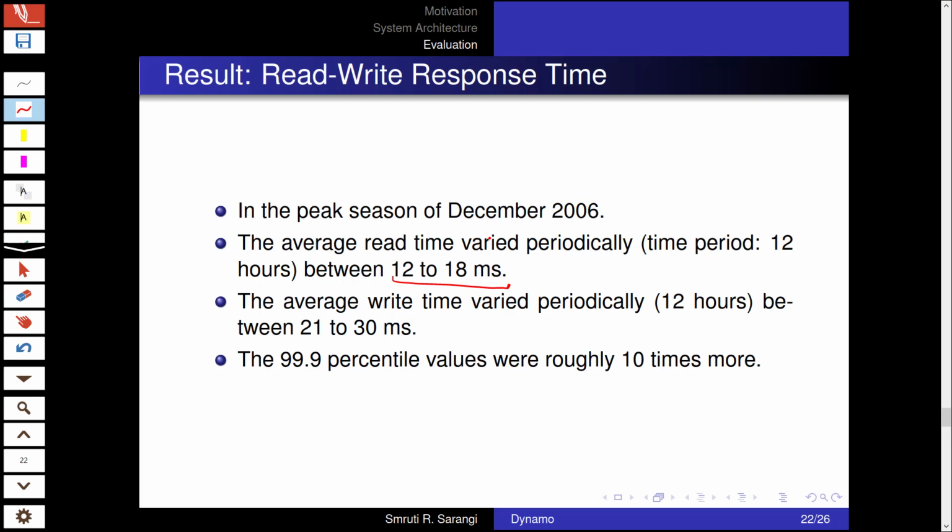An astute reader can ask: our system was designed to make writes fast, but how come the average write time in the same period is 21 to 30 milliseconds, while the average read time is just 12 to 18 milliseconds? Well, the answer lies in the fact that the writes need to be persisted to durable